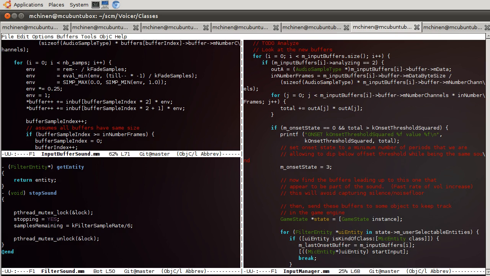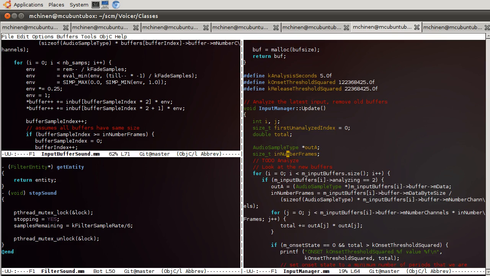Okay. So while we are analyzing, for some reason we look at everything, not just the last buffer.